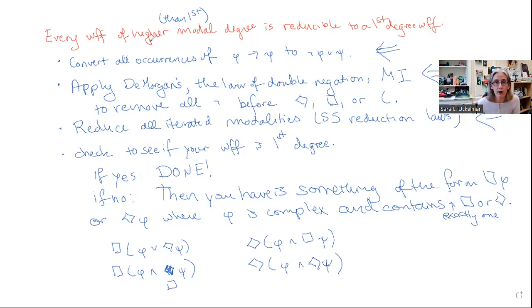Now, two of them are very easy because of equivalences that we already had back in system K. So we know that box P and Q is equivalent to box P and box Q. So in this case, you distribute your boxes, get rid of that one, and then reduce your iterated modalities so that you are down to just box phi and box psi. That's first degree. We also know that,